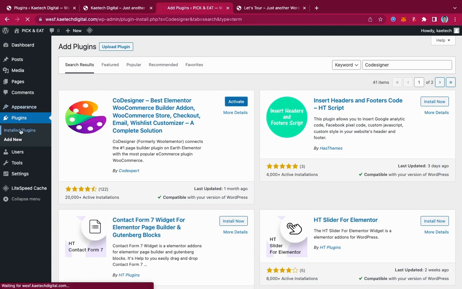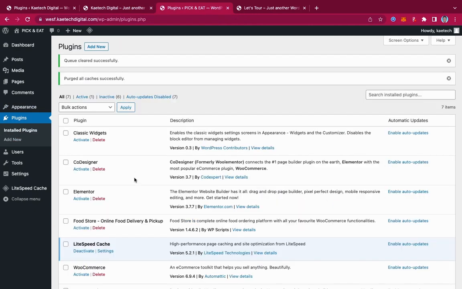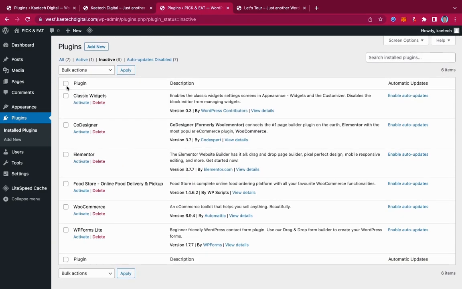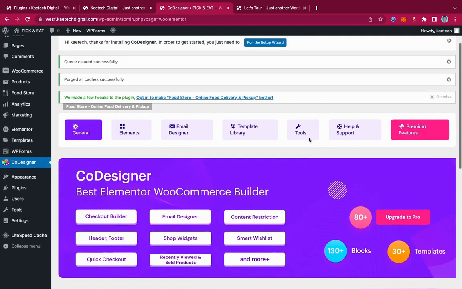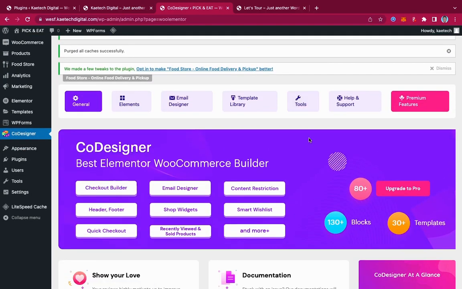plugins. Click on install plugins over here, and then go to inactive plugins, and then we are going to click on this tick over here, the plugin side, tick it to select all of them. Then we click on bulk actions, and then we activate all of them at once. So click on apply to activate them. All right guys, so now that our plugins are installed and activated, it will bring you to the code designer